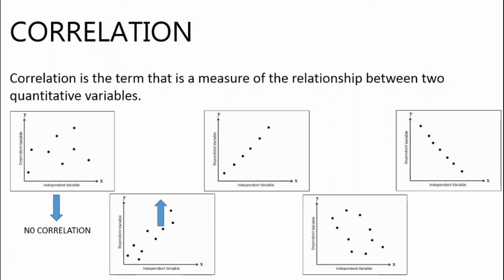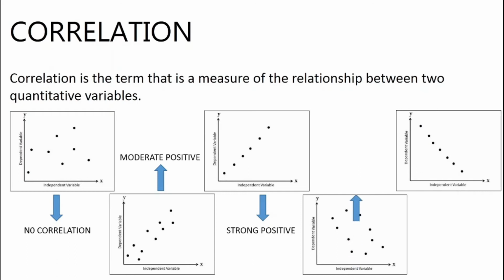The next type of correlation is the moderate positive correlation. Moderate positive correlation is when the variables are moderately correlated, and the variable on the y-axis increases as we proceed further on the x-axis. Next is the strong positive. Strong positive is when variables are strongly correlated to each other. As you can see, between moderate positive and strong positive, the data points are a little scattered in moderate positive, whereas the data points are concentrated in one particular trend in the strong positive.